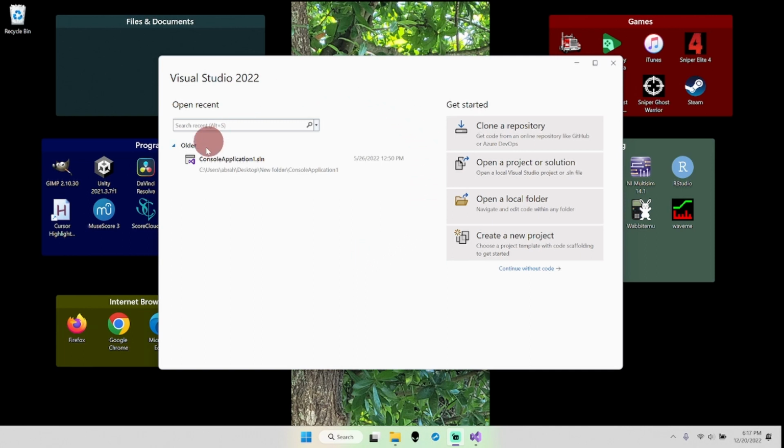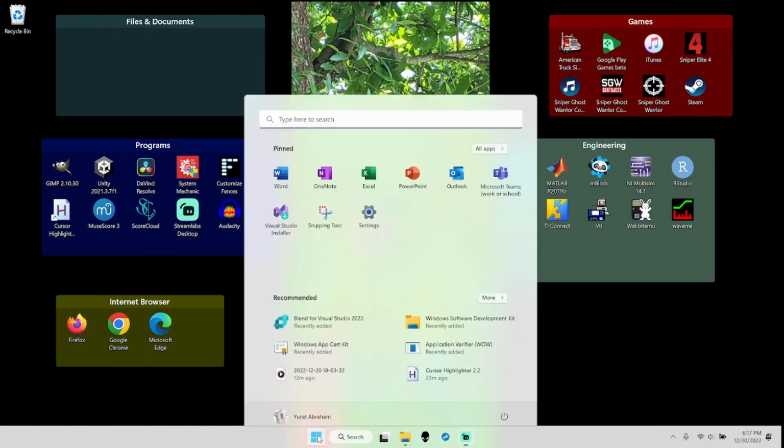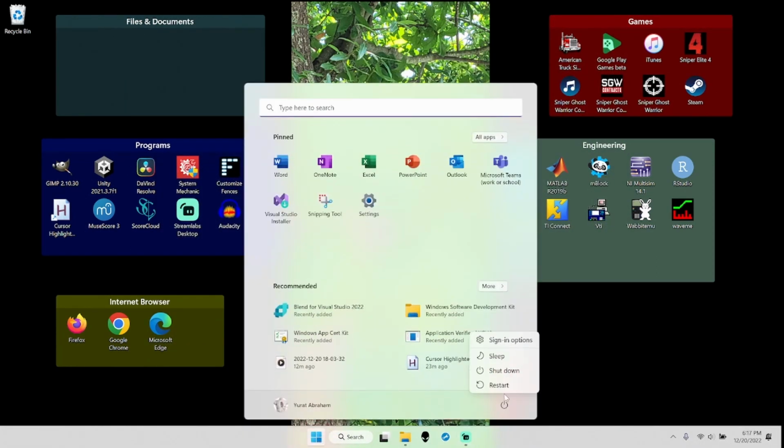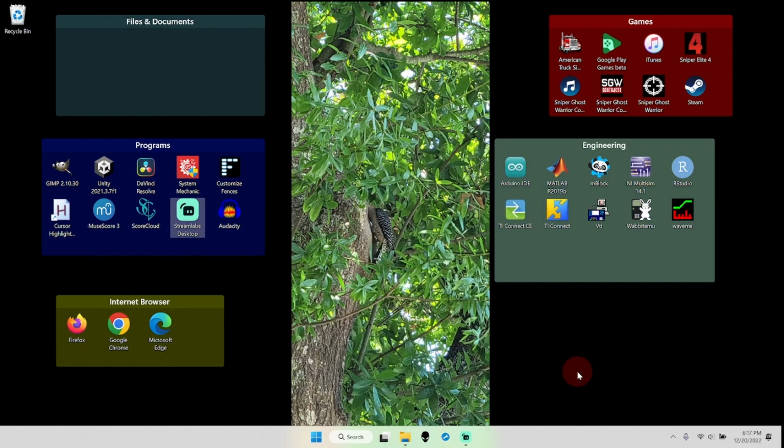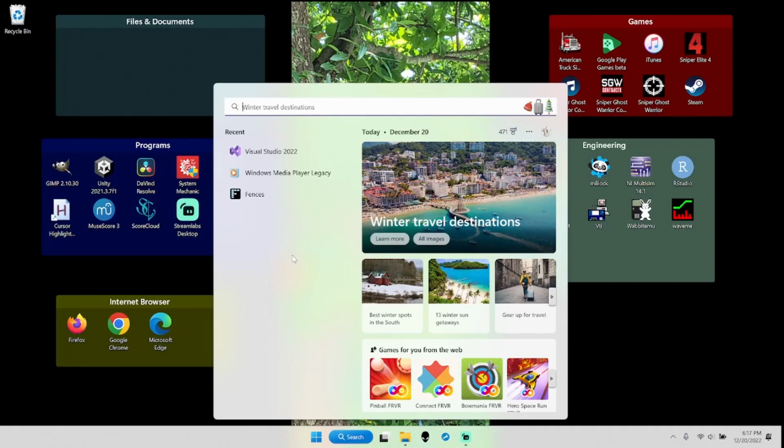Now, you probably have received this window right here. I recommend for you guys to close this window and restart your computer, just to be sure everything has been properly set up. Okay? All right. So now, after you restart your computer, we're gonna go either to search here and type in